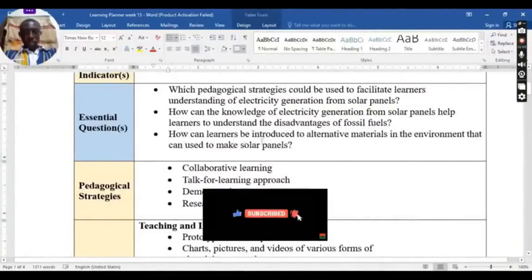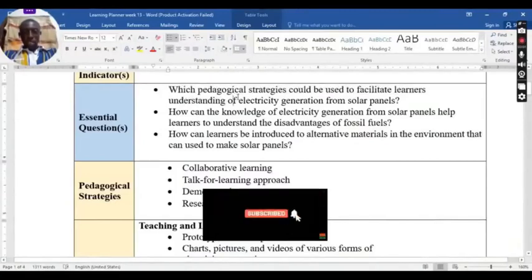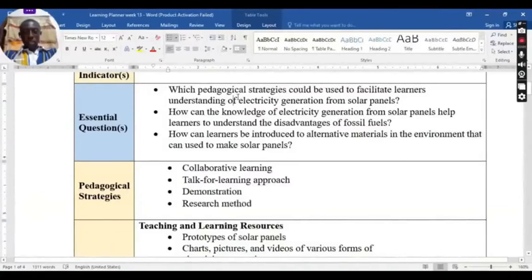Okay. Now the first essential question is talking about teaching methods that will help learners, pedagogical strategies that will help learners to understand electricity generation. Alright. Then I think the last one has to be how can learners